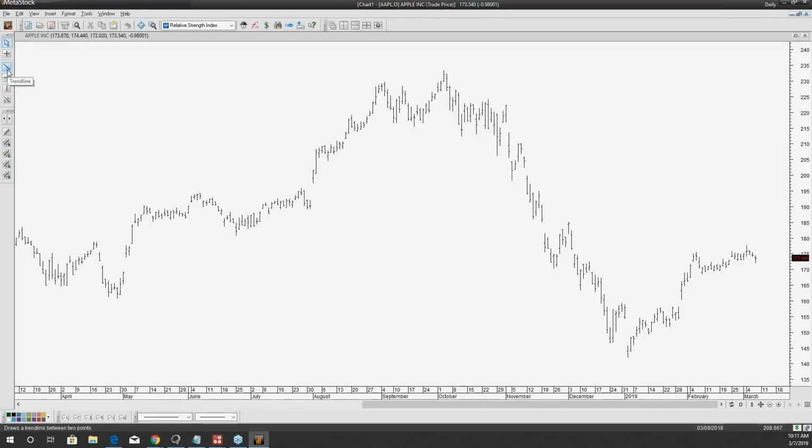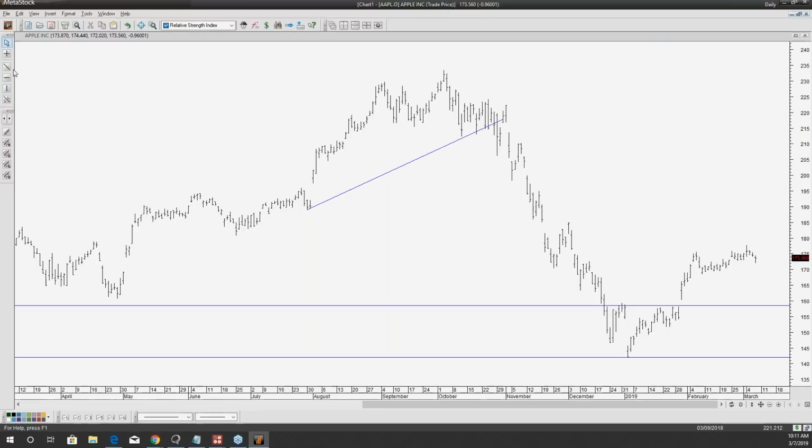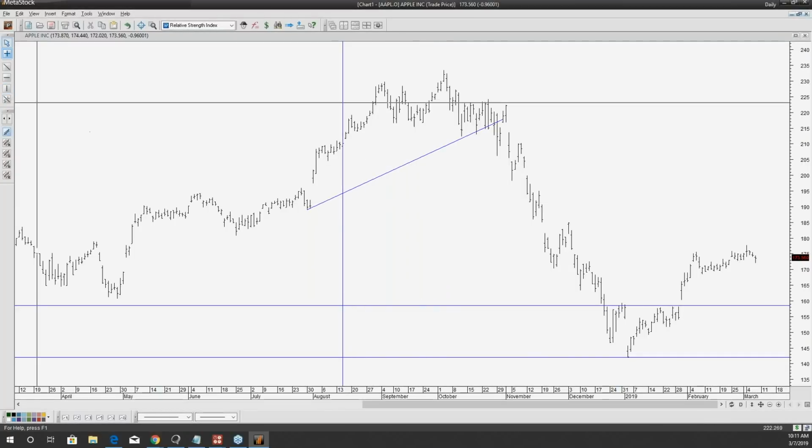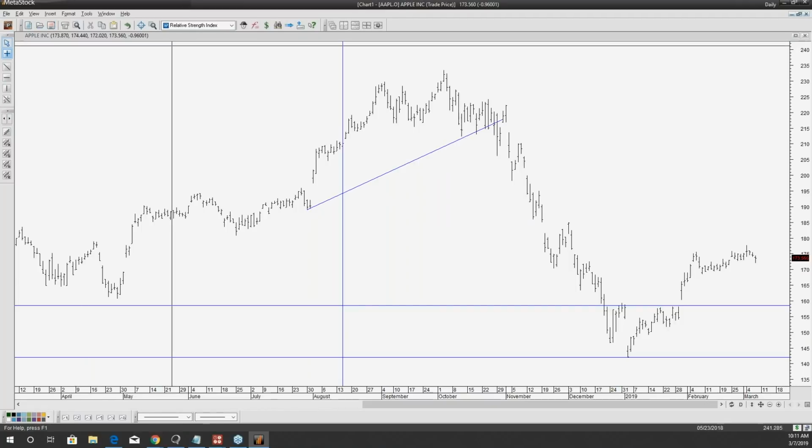And then we have trend lines. You can draw trend lines on a chart if we wanted to. We can put horizontal lines down if we wanted to make our own support and resistance or channels. Instead of using the little mouse cursor, you can have a crosshair cursor, which is very nice. And then you also have the vertical line that you can place. So, just basic tools for basic charting. A lot of traders like to do that.